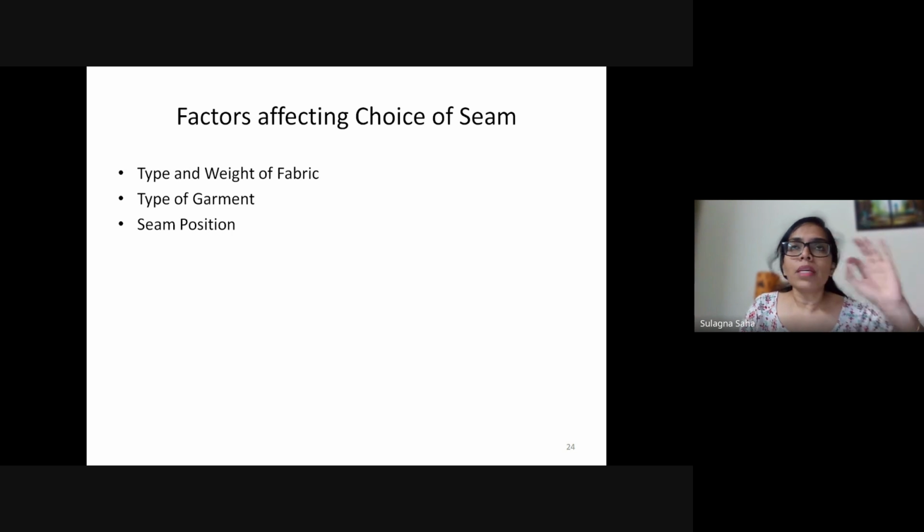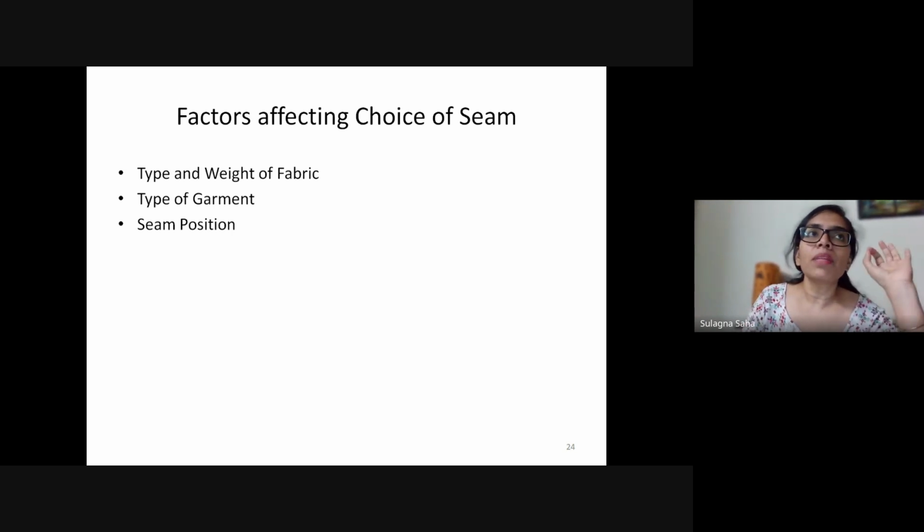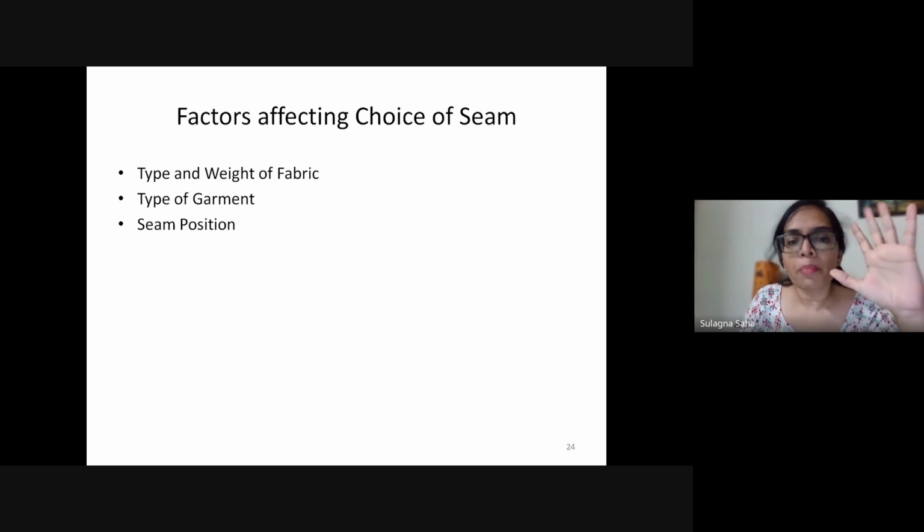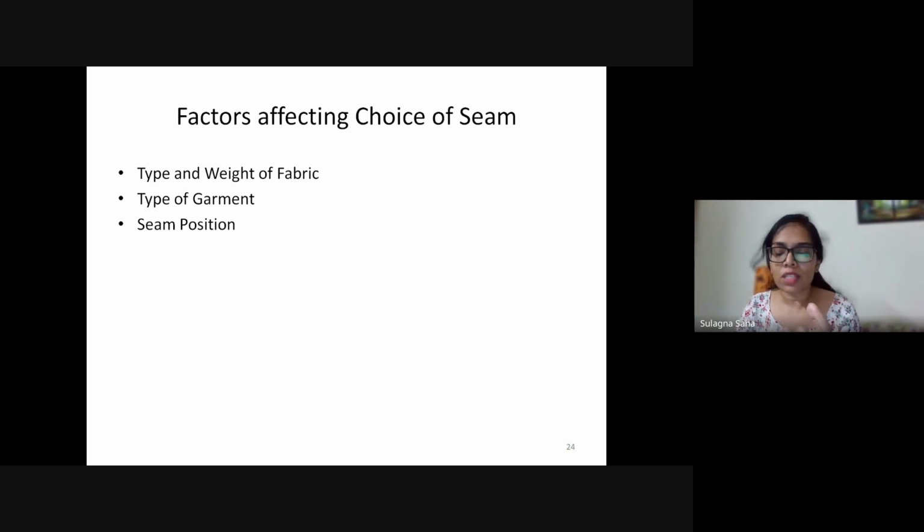Whenever you're making a seam, there are a few things which are very important. First is the strength of the seam. If the seam is somewhere which would have a lot of tension and pressure, use a higher quality seam such as a French or a flat felled seam, and ensure that the SPI you are using for the seam is correct.